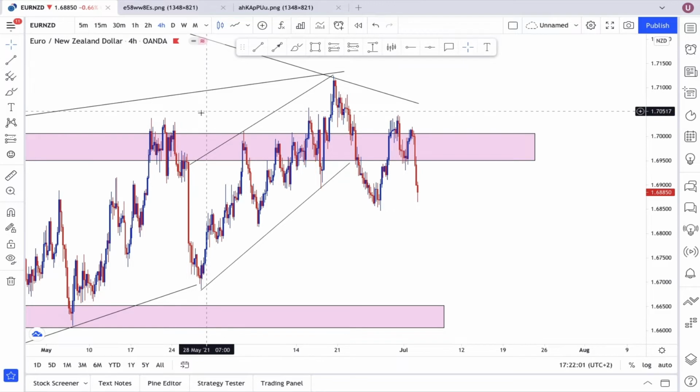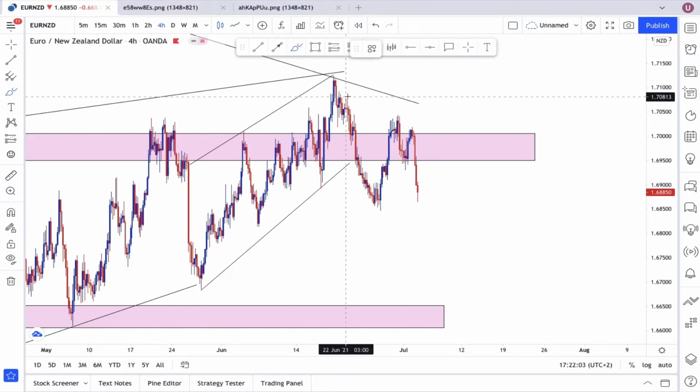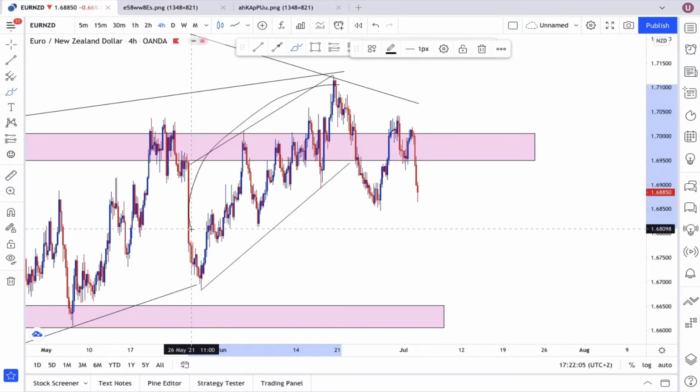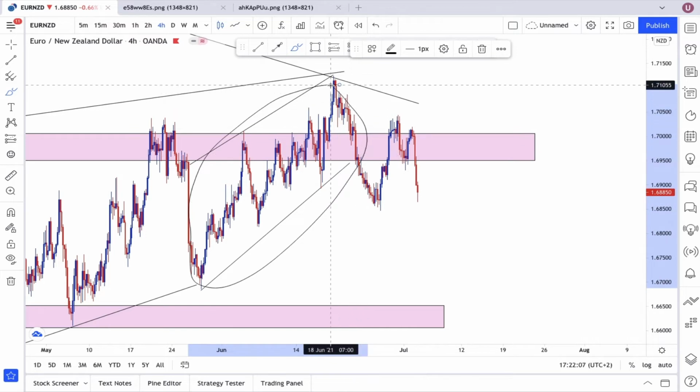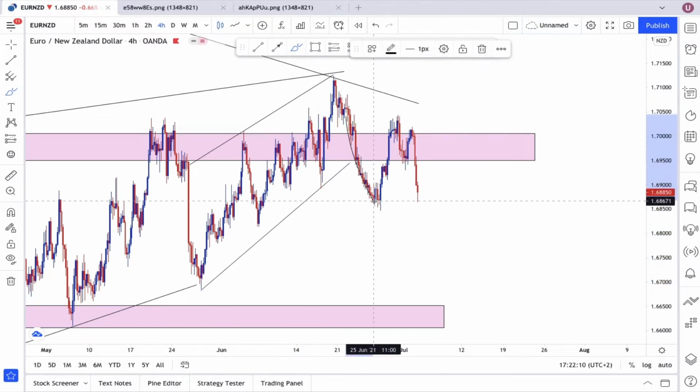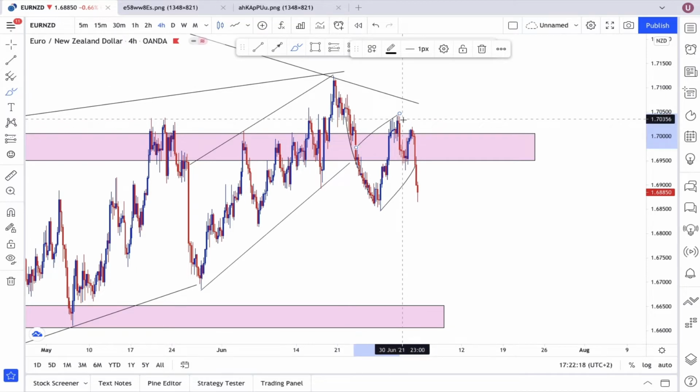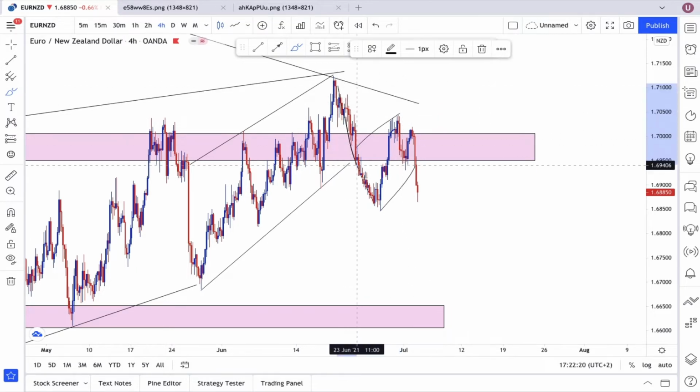Okay, so right now we can see that we actually had corrective structure to the upside, and then finally we broke out of it. And if you look closely, we had another correction, or a bearish flag, which means we're coming from an impulse move to the downside. We had a bearish flag,